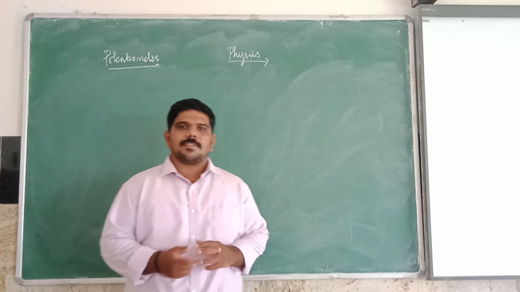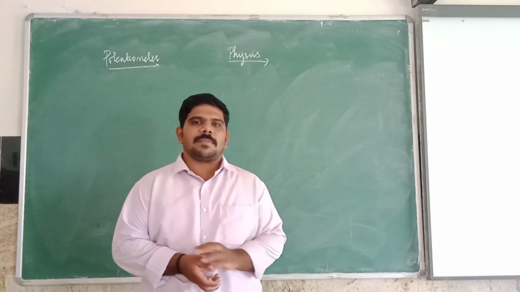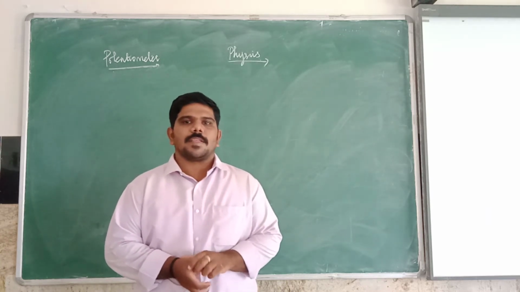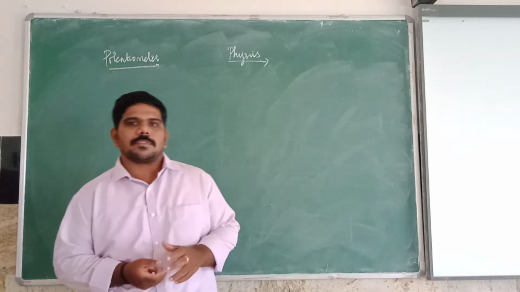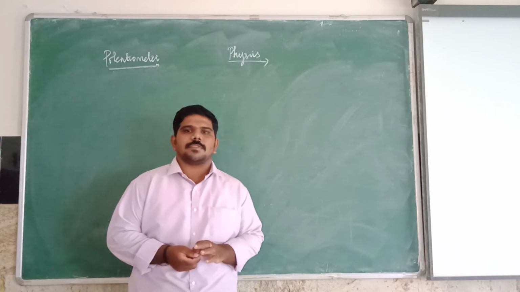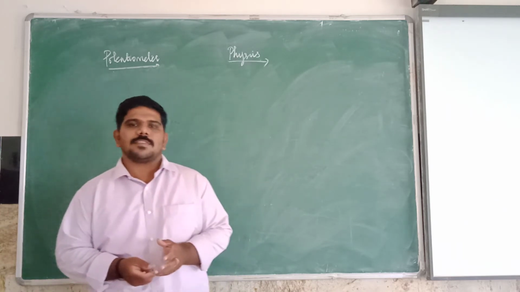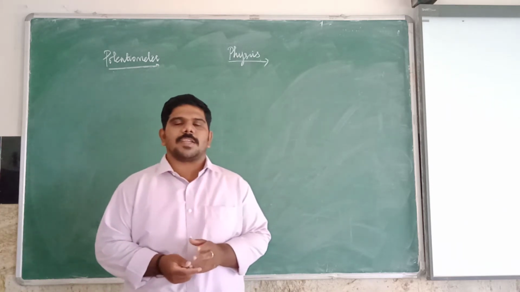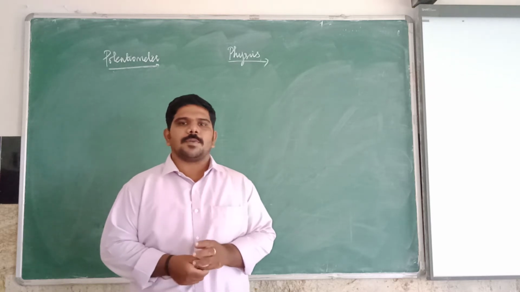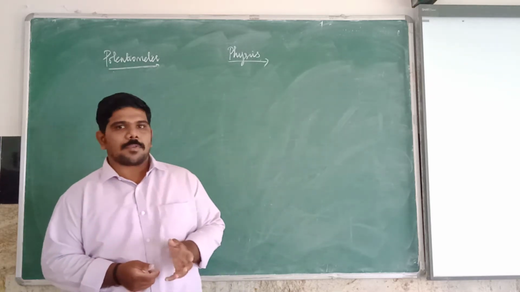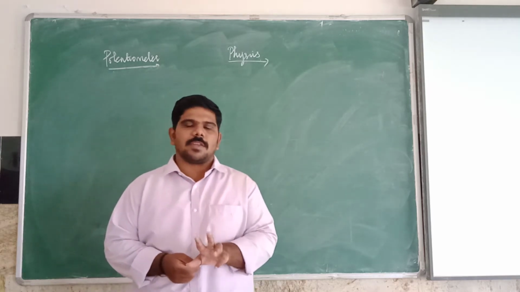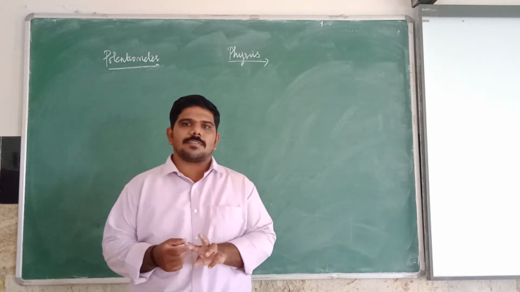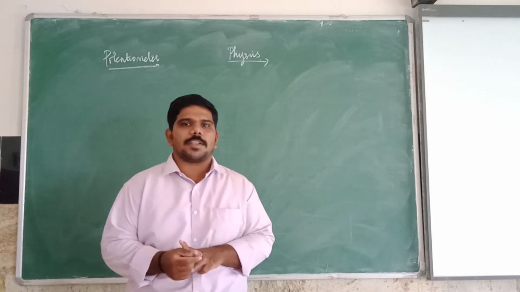I hope you already know the points we saw in the previous sessions, isn't it? For the last online class, what questions did we learn? We learned three important questions. One is the Kirchhoff rules, and another one is the Wheatstone bridge. So what is Kirchhoff rule? Kirchhoff rule is used to determine the current in a complex circuit. We have two rules. What are the two rules we learned? One is the current rule, and another one is the voltage rule.